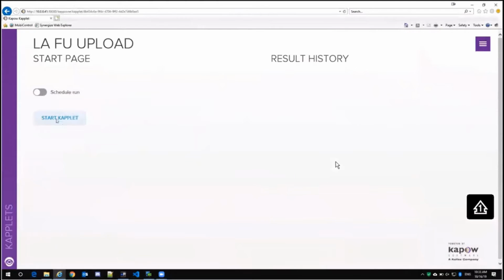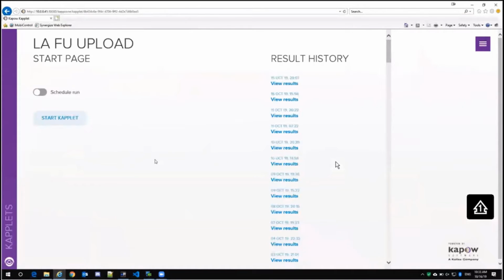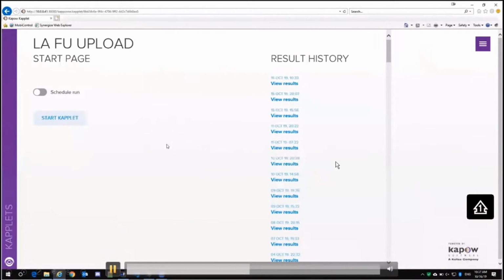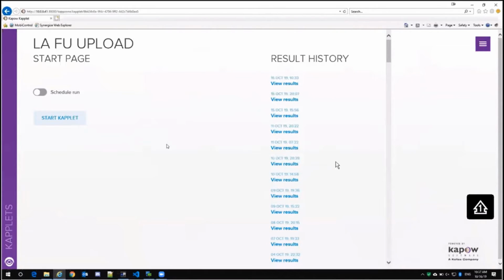And as you can see here, you get a result history on the right side of the last time your bot ran, and if it ran without error. So here you can see it's in progress. Through here, it'll determine all of our format that we want for the TruckMate upload or import process. So now it's done. From here, we wait about a minute or two, as that's how often our import checks